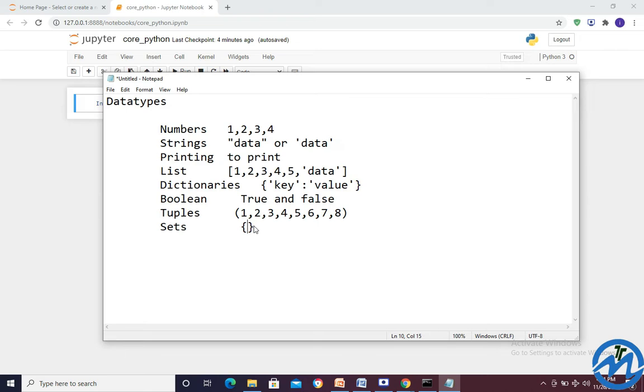Suppose we want to find the set of numbers like 1 1 1 1 1 2 2 2 2 2 2 2 2. If we want to find the set of this entire data, we have one set for 1 and one set for 2. So here we have 1 and 2. In this manner you will get it.